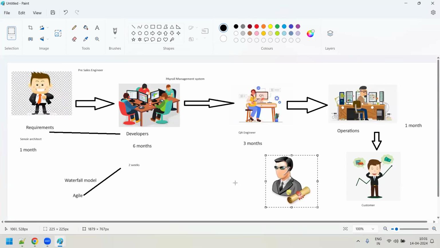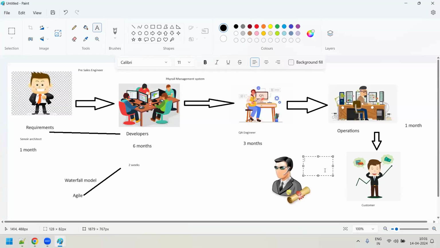Okay. Now the problem with security is that he's from the security team. So he's a security engineer, which actually